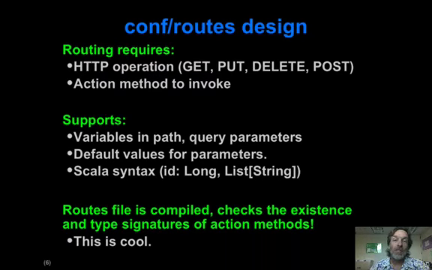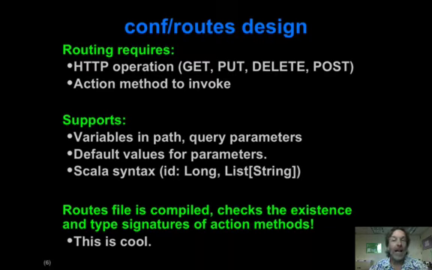You can provide default values for parameters if they're missing, and other kinds of cool stuff. Now the routes package, even though it just looks like an ASCII text file, that's what you're going to think in your brain, it's actually a Scala class definition. This is part of the wonder of using Scala as an implementation mechanism for this. And what I think gives Play some of its definite coolness is the idea that really this routes file is going to be compiled. It's going to produce a class and an instance, and there will be type safety,